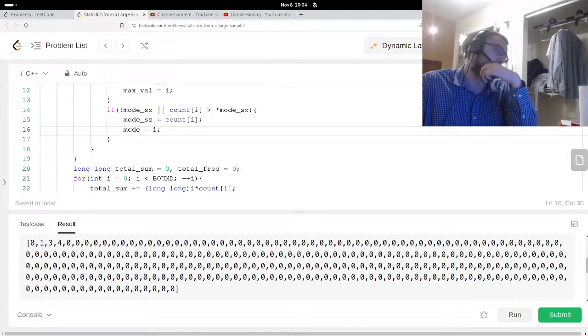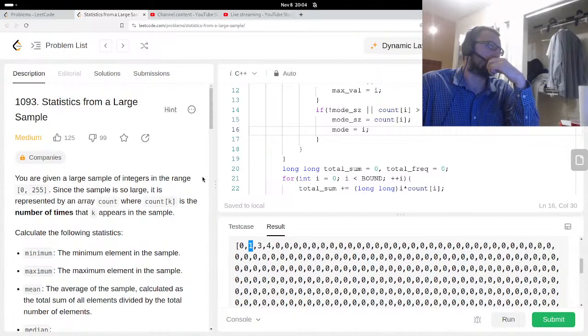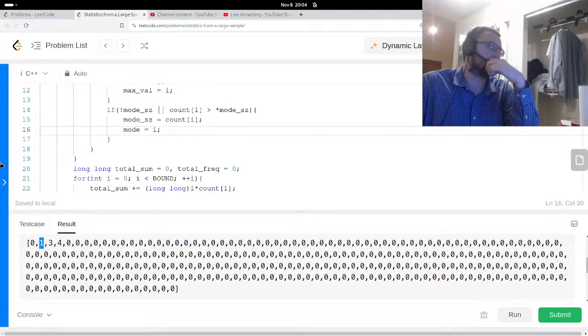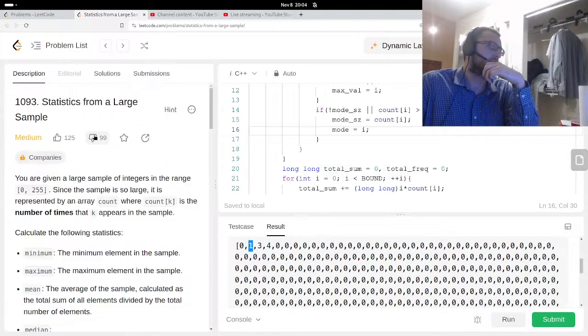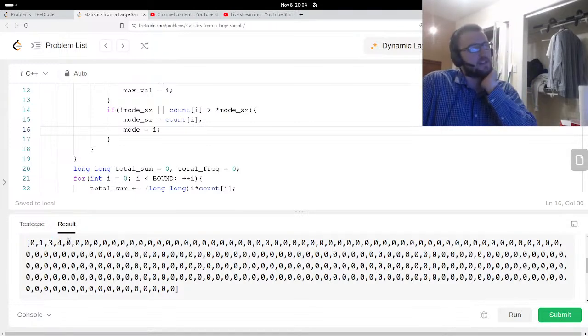So we have 1, 2, I think, right? It's between 1 and 2, 0 and 250. So it's 0. Oh, yeah, 255 inclusive. I got some evidence. Okay. So 0, 1, 3 2s, and 4 3s. So that's 8 elements. It becomes 16 elements the way that I'm calculating it, but 8 elements. We get